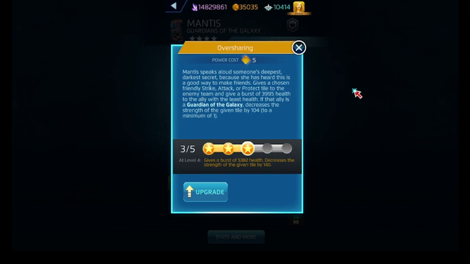Oversharing is her yellow ability, and what it'll do, Mantis will give a chosen strike, attack, or projectile to the enemy team. Gives a burst of health to the ally with the least amount of health, and if that member happens to have an affiliation of the Guardians of the Galaxy, it decreases the strength of that tile